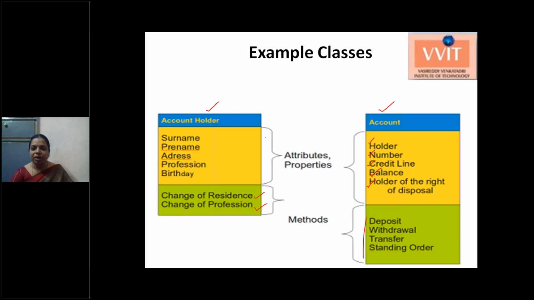These data items are called attributes or properties, and the functions on the data are called methods. Once you write any function in the class, it is called a method. If it is outside the class, then that is called a function. If a variable is declared outside the class, that is called a normal variable. If it is declared within the class, then that is called an attribute or a property, or we can also call it data members of the class.